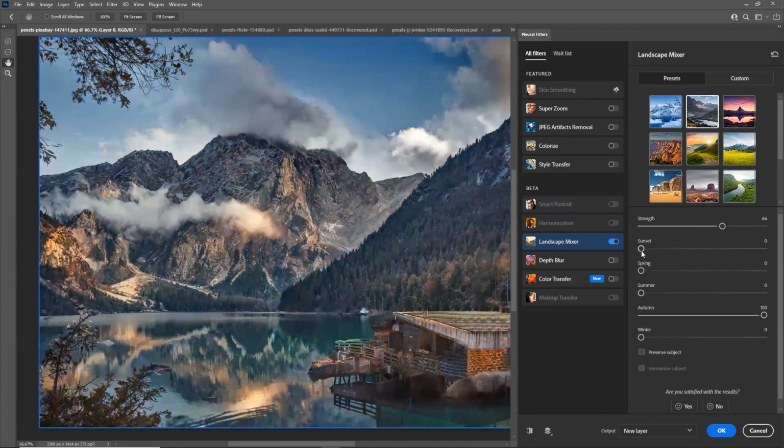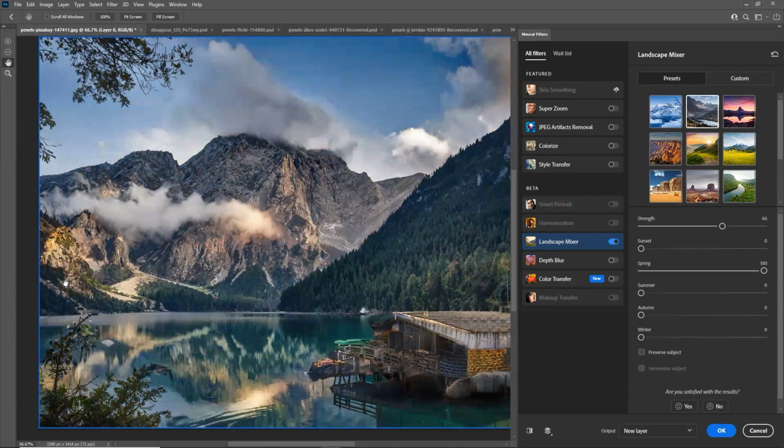Even when it is autumn, on every tree over here we can see some level of redness that has come. If I use spring, I will see a lot of yellowish shade come onto the screen. And the best part of it is that I can preserve the subject.